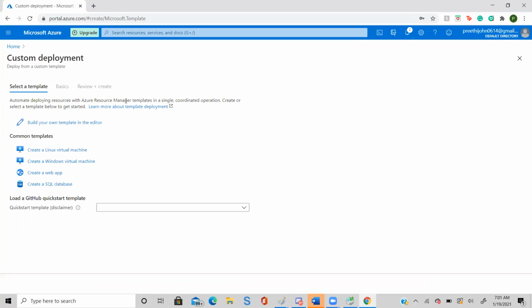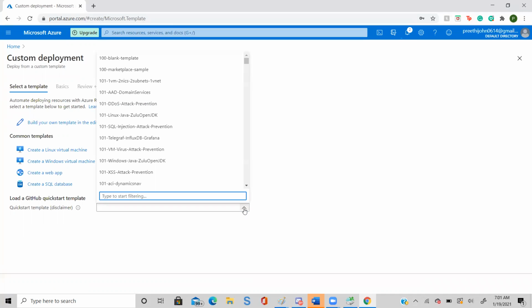So below, just say load a GitHub quick start template. The drop down will load. Now you look at that, most of the tasks which you require, Microsoft already created a template for you.